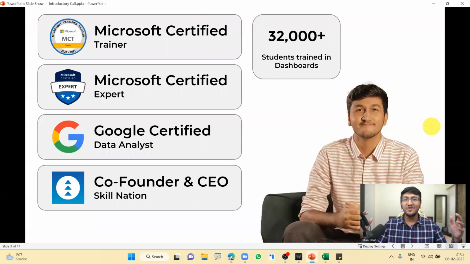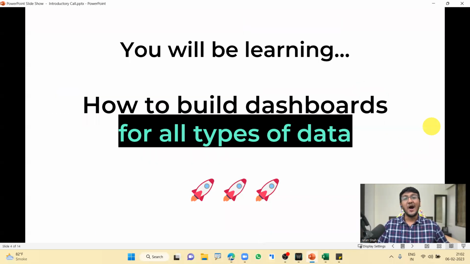So, for all the curious minds out there wondering, sir, what kind of dashboards are we going to learn? Can you give us a few examples? Can you tell me a bit more about that? Absolutely. You are going to learn how to build interactive dashboards for all types of data. Yes, you heard that right.